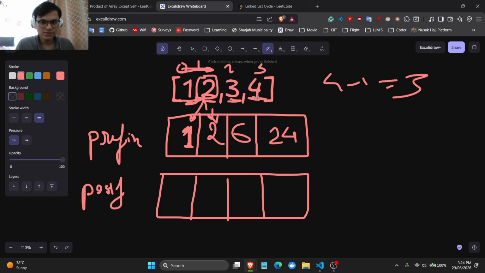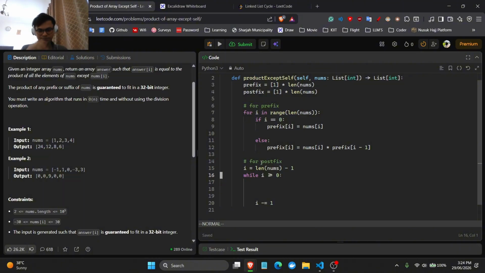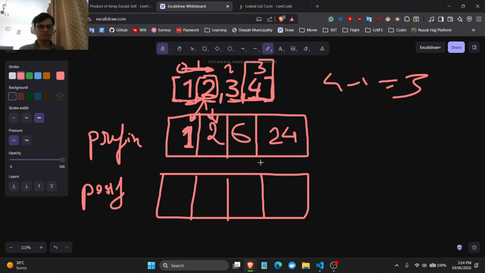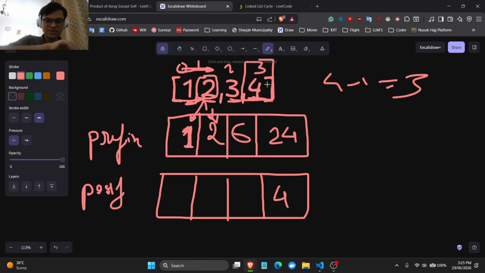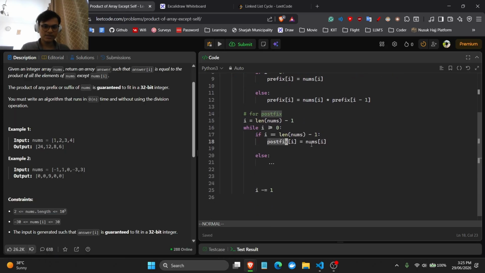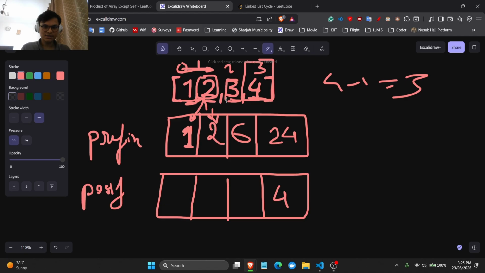Yeah, so again I will start from here 3. Okay, so 3 है तो we will do what? We'll do 4 over here. So कुछ है ही नहीं. So if I is equal to length of nums -1, postfix of I का nums आ ही रखिएगा, else हम लोग देख लेंगे. So post मतलब हम लोग यहाँ से देख रहे हैं, तो अगर I का वैल्यू वो है तो postfix of I is equal to nums of I. देन हम लोग बात करेंगे 3 के बारे में.